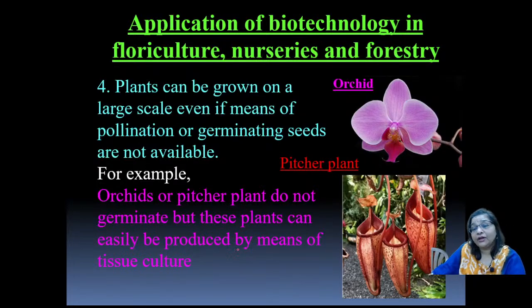We also saw that plants can be grown even if pollinating vectors or germinating seeds are not available, because it requires only a tissue, a small group of cells to multiply, and that can be done through tissue culture. For example, plants like orchids, pitcher plants, or some exotic plants can be grown using tissue culture in large quantities